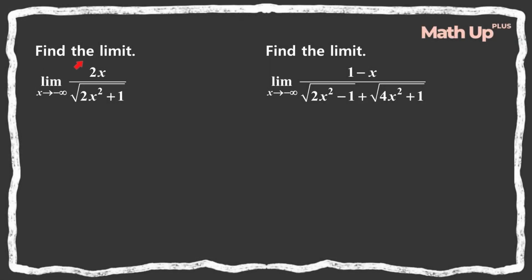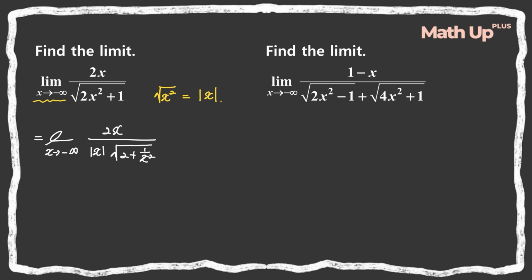The question is to find the limit. Since x approaches negative infinity, we have to factor out the highest degree of the terms from the numerator. And that is the square root of x squared, and this is equal to the absolute value of x, right? So this limit is equal to the limit as x approaches negative infinity. In the denominator, we have the absolute value of x times the square root of 2 plus 1 over x squared, and 2x in the numerator,